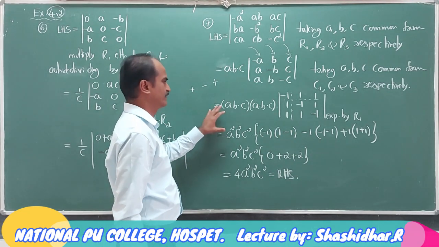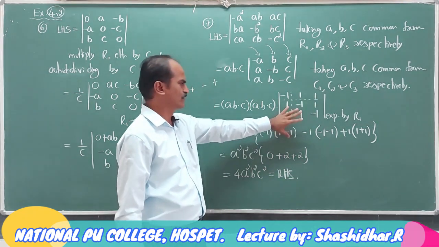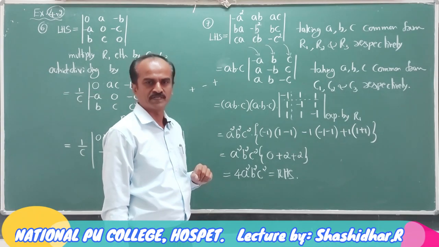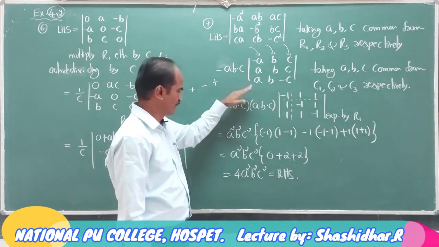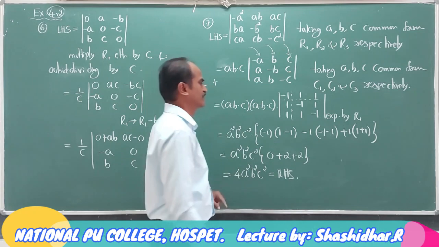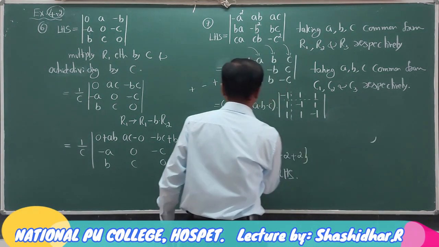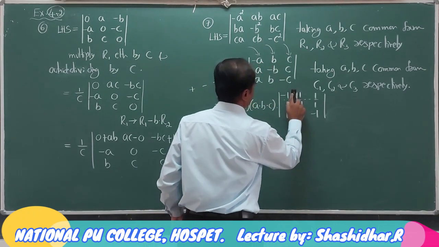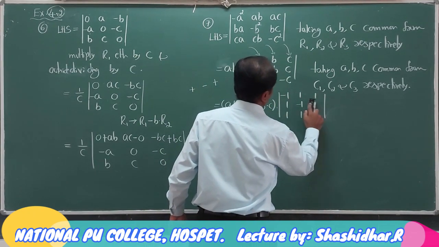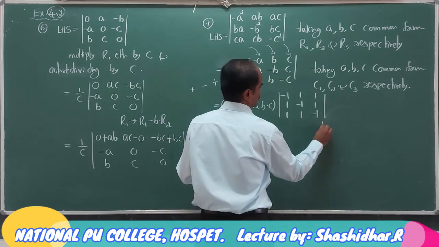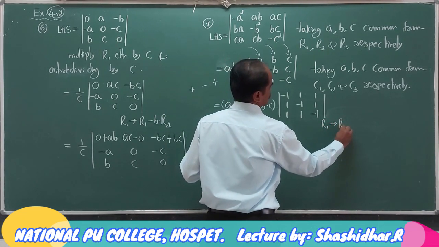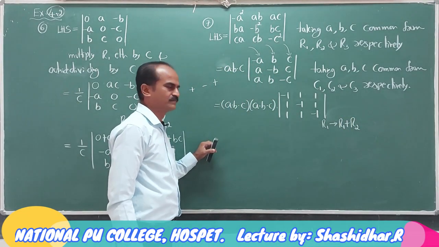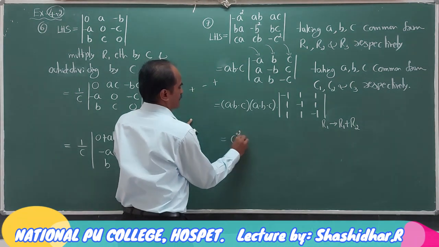Here what I did? I expanded this without doing any row and column operation. If you do some row or column operation, there is an advantage. One way of completion is what I did. The other way of doing this is without expanding directly. Let me go for one simple operation. Here I write R1 changes to R1 plus R2. Let us see what is the advantage of this. So here A square, B square, C square.